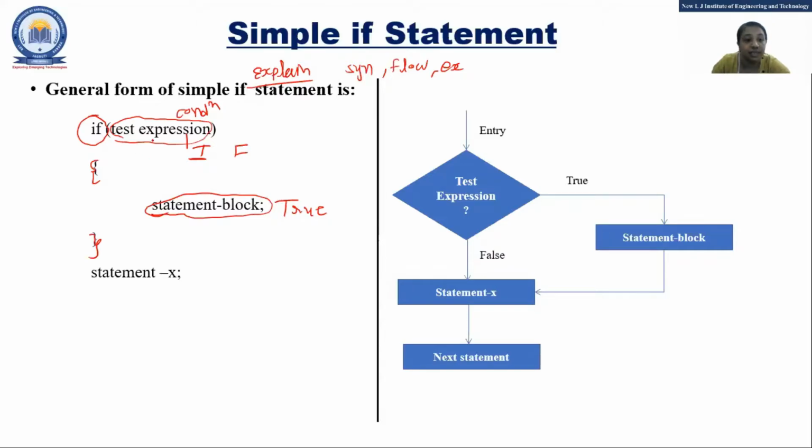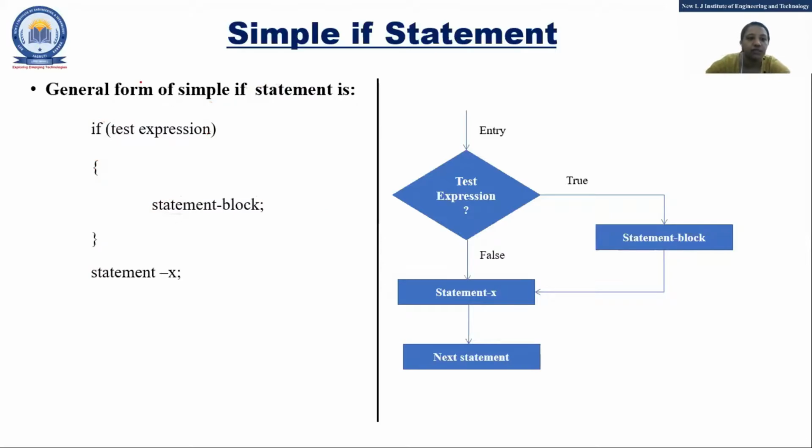If your condition is false, then control directly goes to the X statement. These curly bracket statements are not supposed to be executed. Clear how the thing will happen?